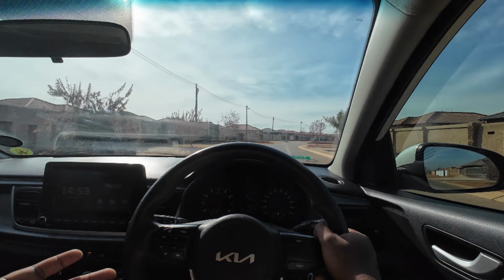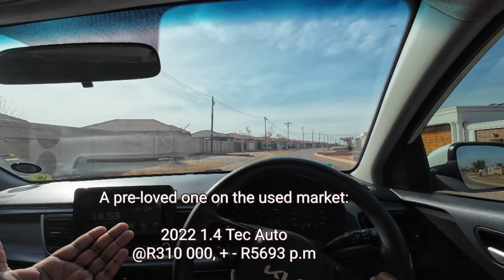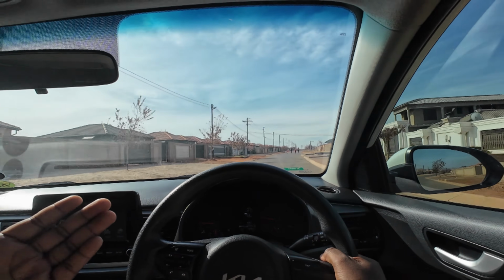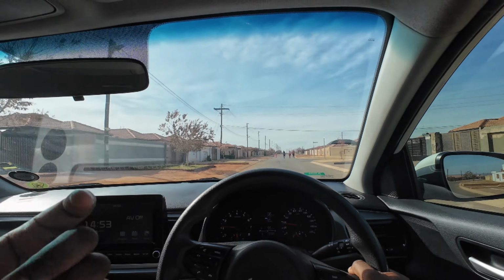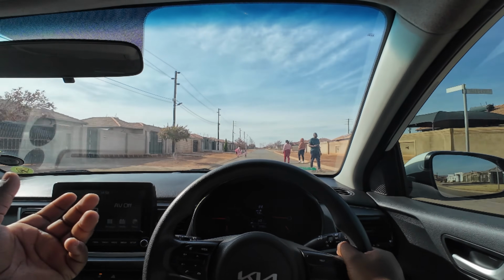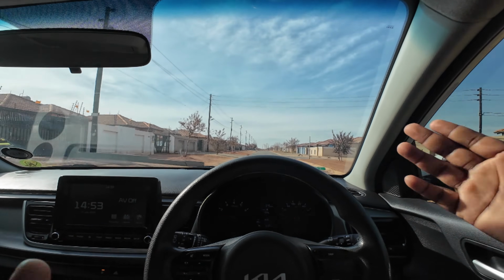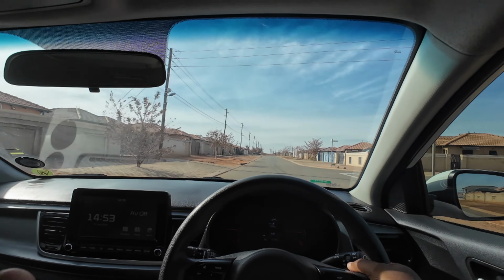And yeah, I don't know if it makes sense to you. It depends on your needs and just how long you want to keep the car for. A general rule that I use: if I plan on keeping it for a few years, then you can always get away with getting a lower spec variant. But if you want something to keep for longer than that, maybe longer than your finance term, it's always advisable